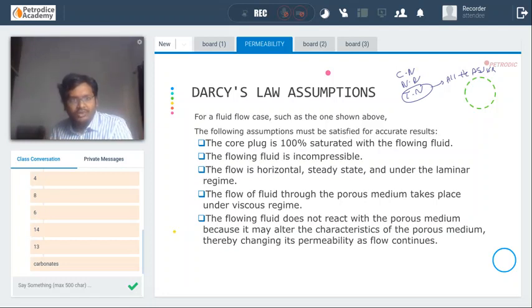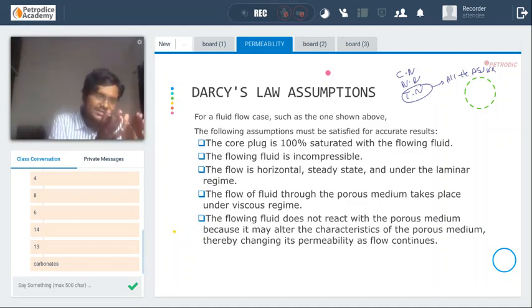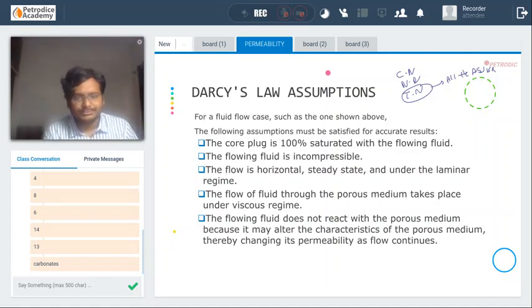Okay, from now onwards we will have Darcy's law. You need to remember the assumptions for decline curve analysis and several other laws also. Bernoulli's theorem, such types of several laws will come. So you need to remember assumptions for all those things. So have a separate section for assumptions. After the class, write these particular assumptions in the theoretical notes.